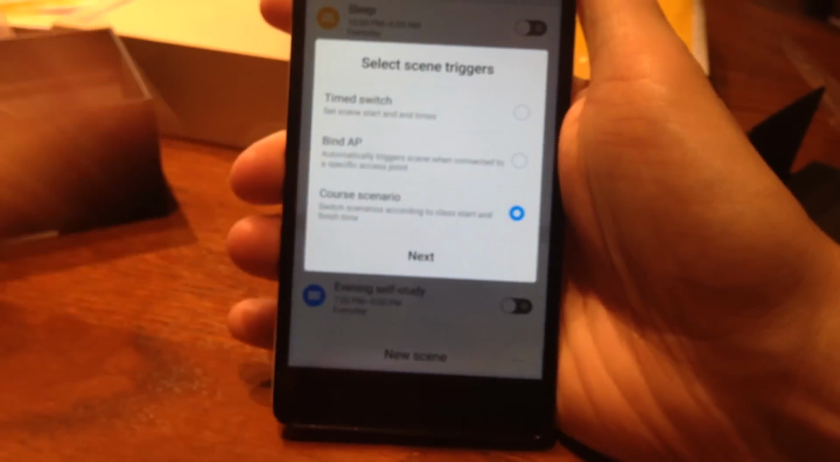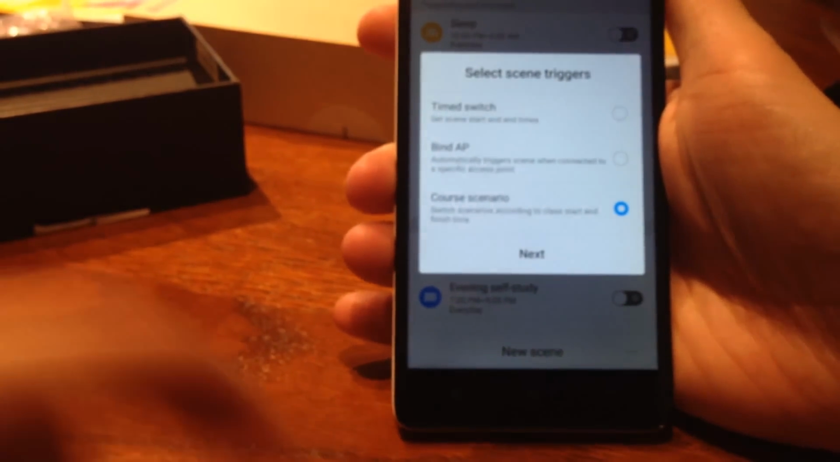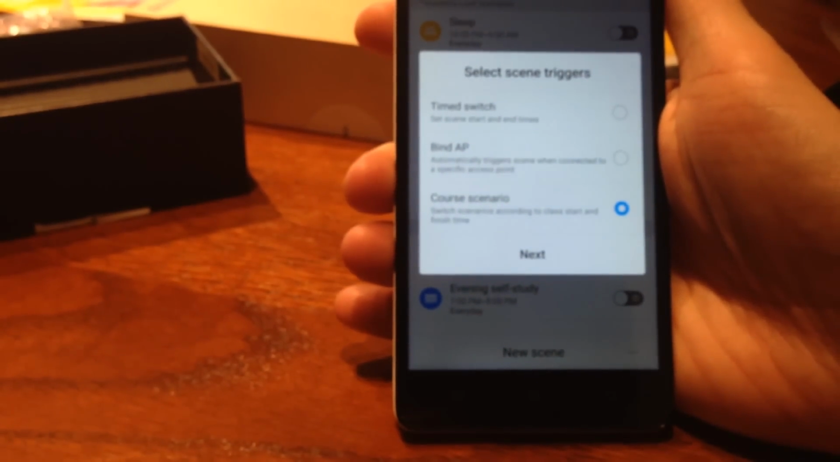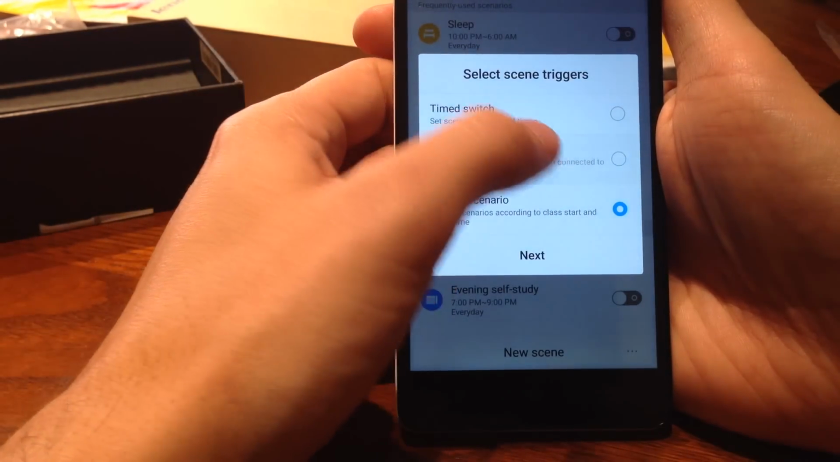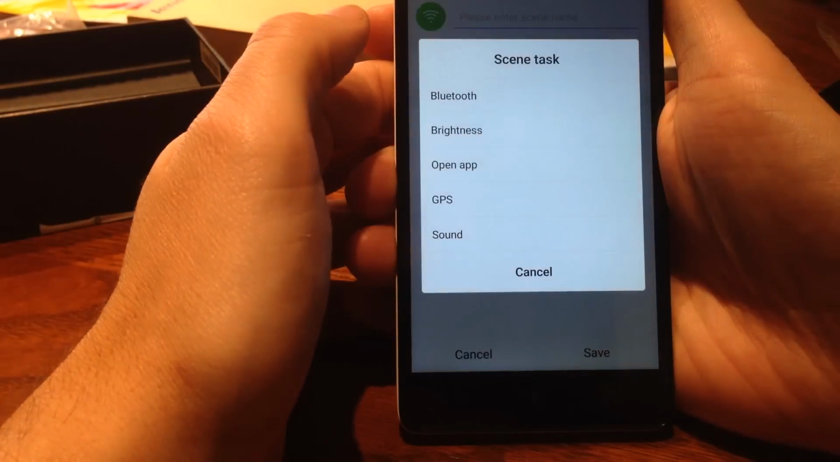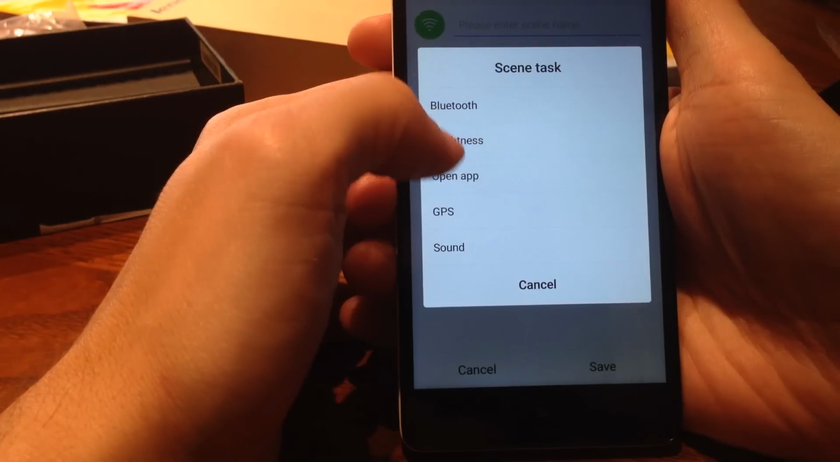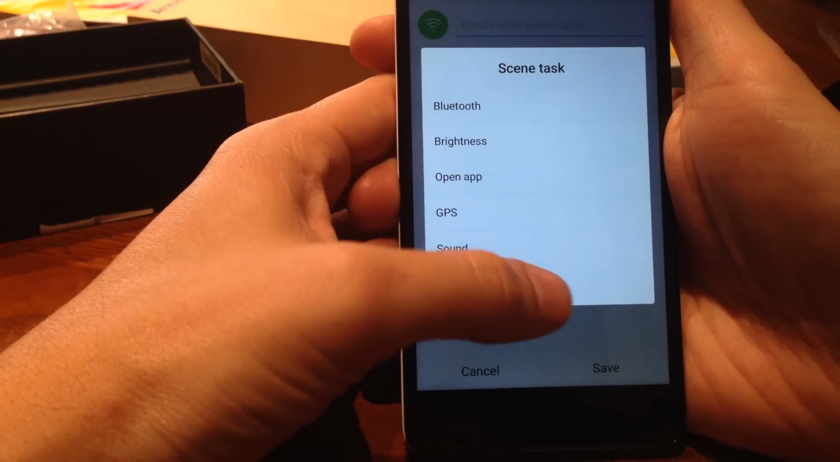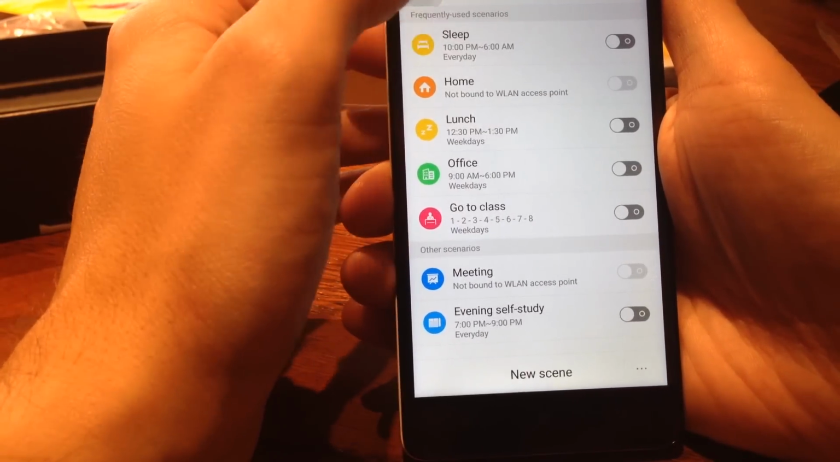And then I'll go back, create a new scene. There is a little bit in the way of translation issues here, which leads to a little bit of confusion, but it's not the end of the world here. So you can do Bluetooth, brightness, open app, GPS, and sound are the only tasks that you can do in a scene. Then going back,